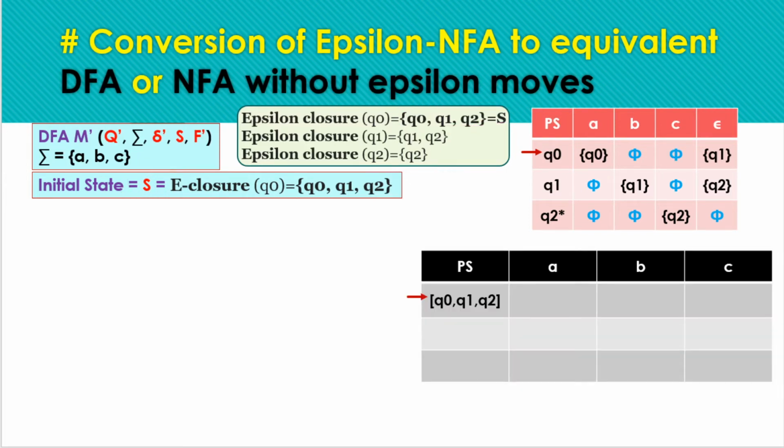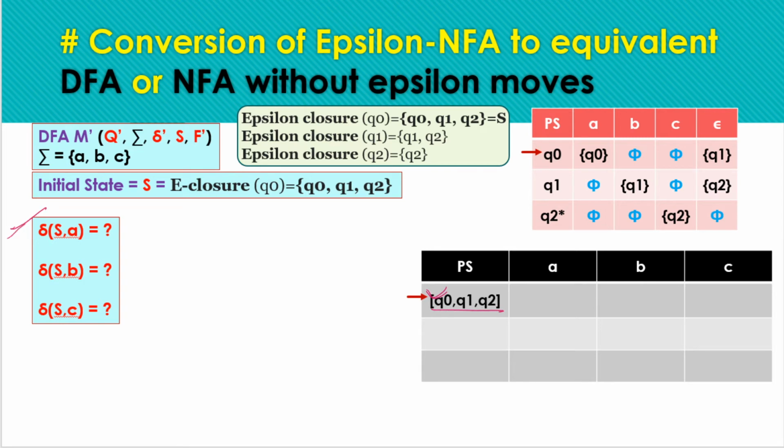Now starting with the table, here we have the table with the initial state Q0, Q1 and Q2. Now we have to define the transitions for A, B and C for all the input symbols from this state. The procedure is the same. Like in NFA to DFA conversion, we were checking the moves from all the states, and then we were taking the union of the resulting sets. So we have to follow the same procedure. The only change is that we have to find out the closure of the resulting states, right? So now the initial state is identified as Q0, Q1, Q2.